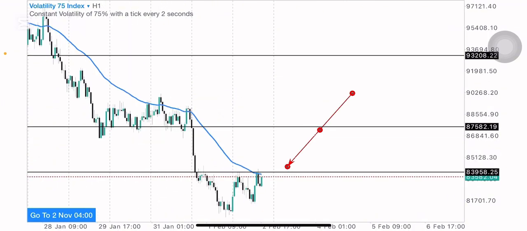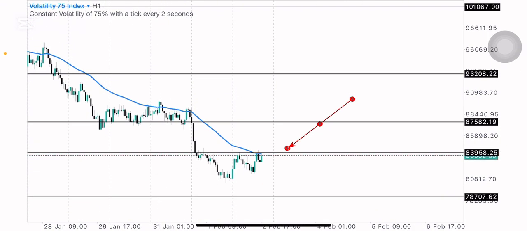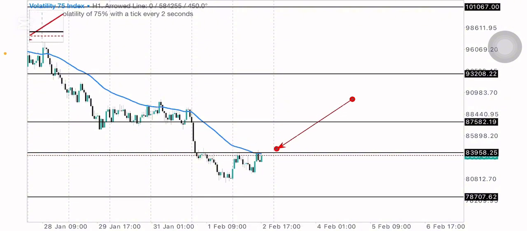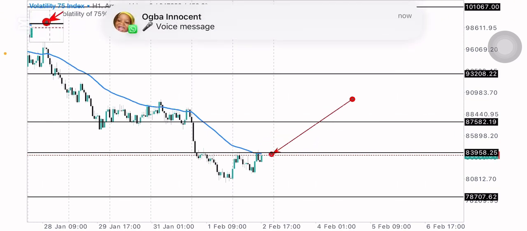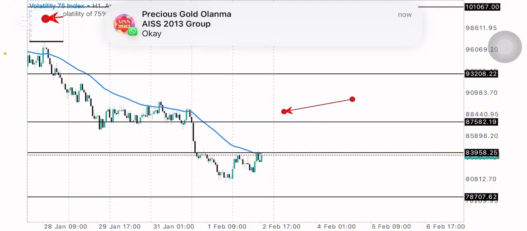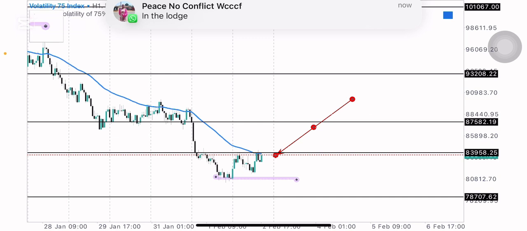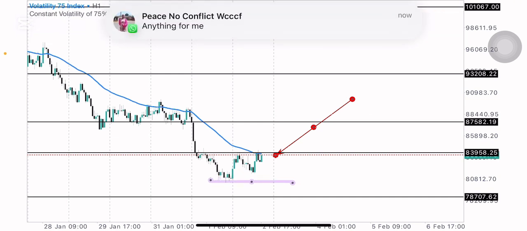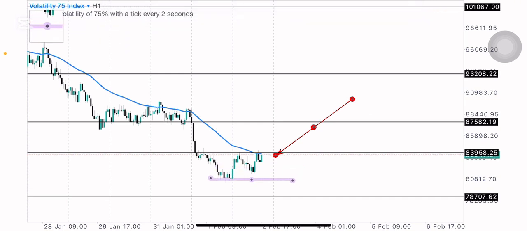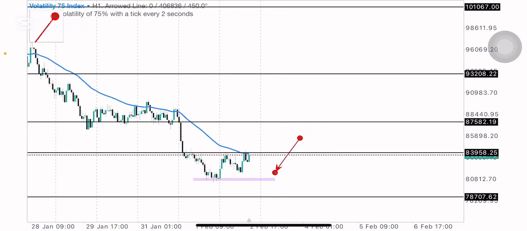Now at this point price is ranging, and there is nothing you can do at the moment. When price is ranging here, you don't take a trade. All you want to see is a breakout. If price breaks out here, you wait for a retest, then you can buy. Otherwise you wait for price to come back here, and either break out of this level, then wait for a retest before you sell. That's just what we want to see on